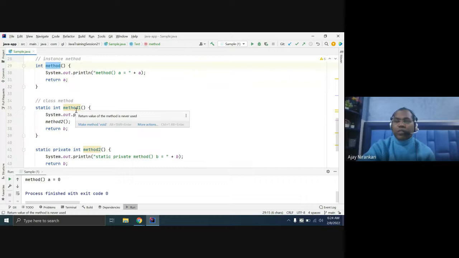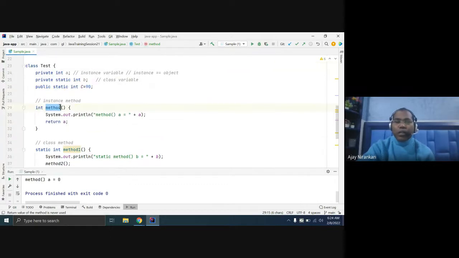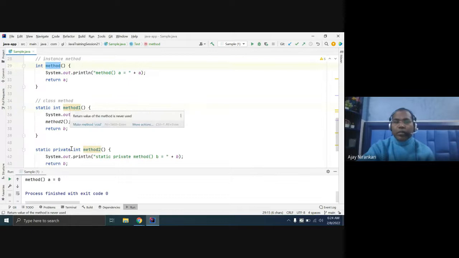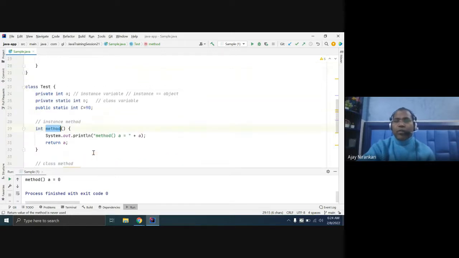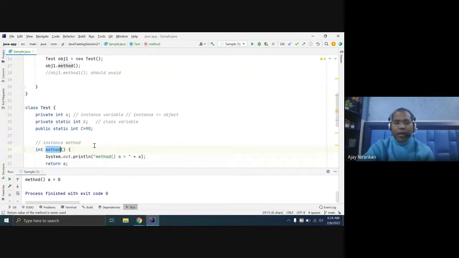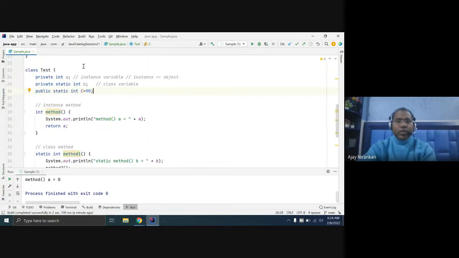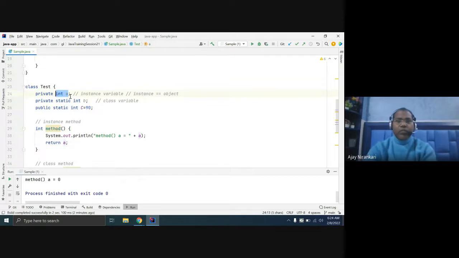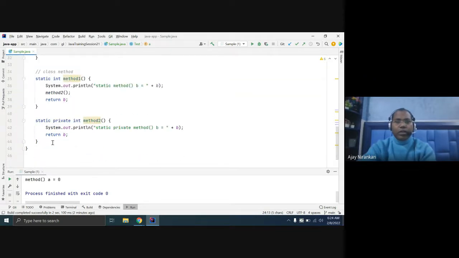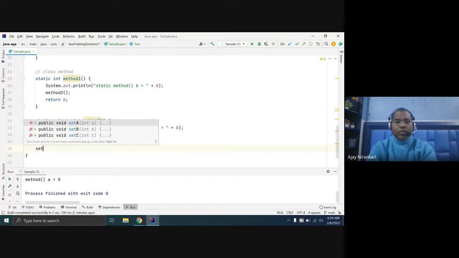First thumb rule: all static variables and static methods are not bound to any object. Let us see an example. Let me just explain why they are not bound. Let us provide a set value method, set a value.